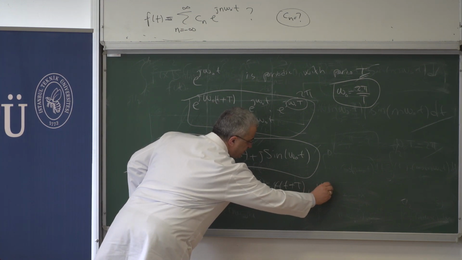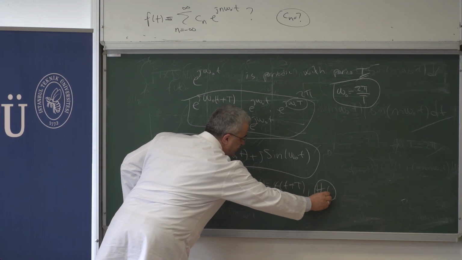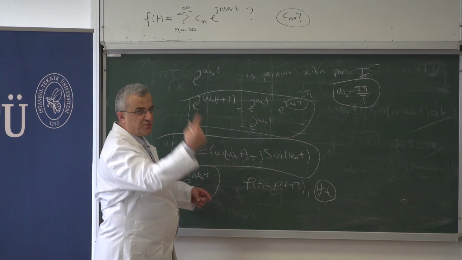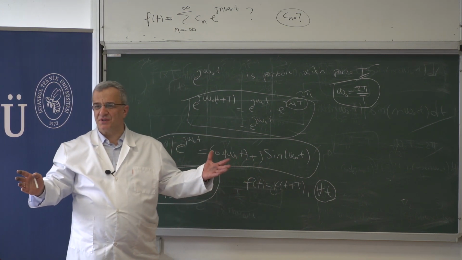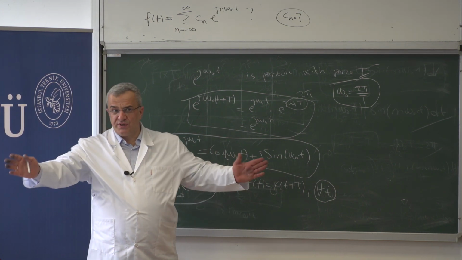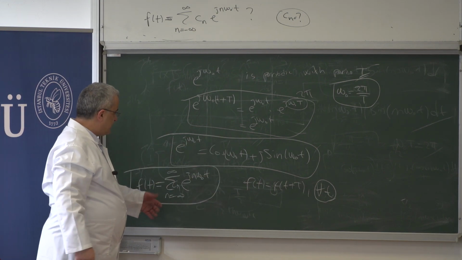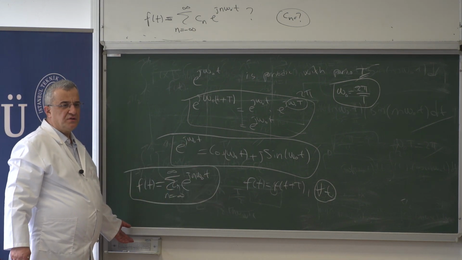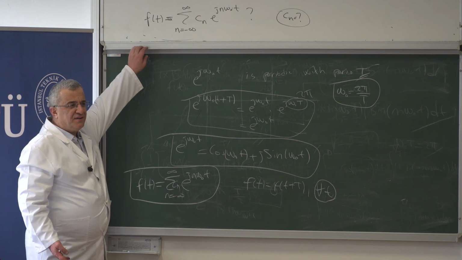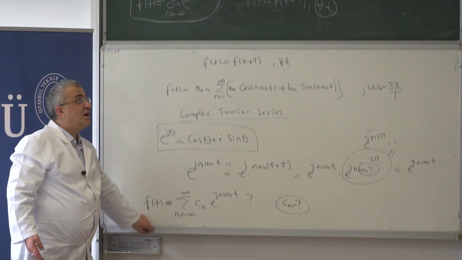For all t, right? For all t is very important. If this is satisfied for one t, you cannot say it's periodic. It has to be true for all t. Okay? So the question is this. Now the rest is just trick. How do you